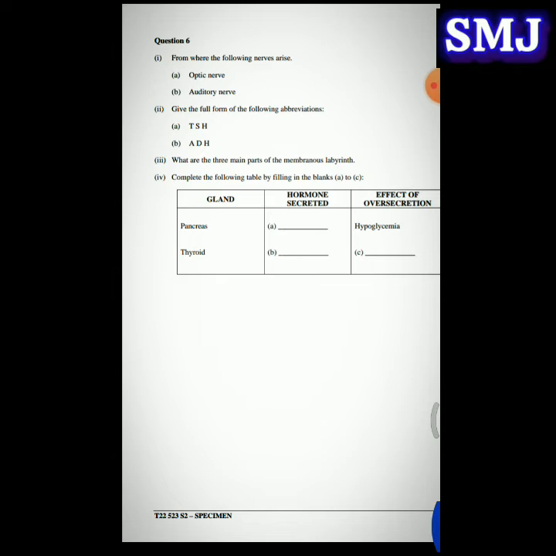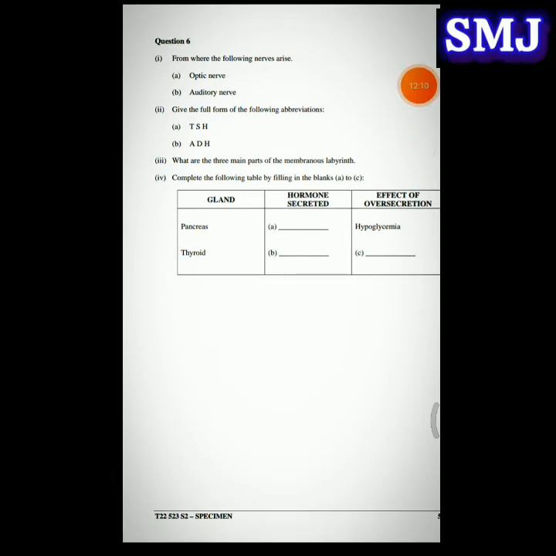Next question number 6. From where do the following nerves arise? First one optic nerve and second one auditory nerve. So the answer is, the optic nerve begins at the optic disc, which is located at the back of the eye. So the auditory nerve arises from an aggregation of nerve cell bodies in the spiral ganglion located in the modiolus